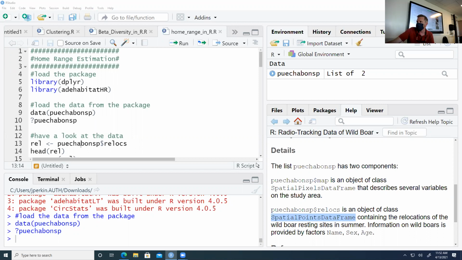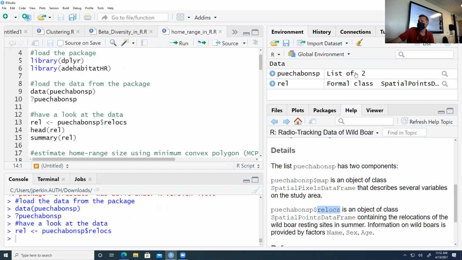Okay, so we're going to create an object called REL, which is just short for relocations. We're going to go into this data set, and it's a list, by the way. It's a list of two objects. And we're going to focus on this relocation part, $relocs. Okay, and so when we run that, we get an object called REL, and its formal class is SpatialPointsDataFrame. And we can look at the headers of that, just the column names, by using the function head